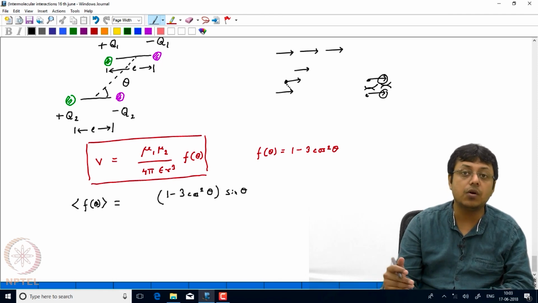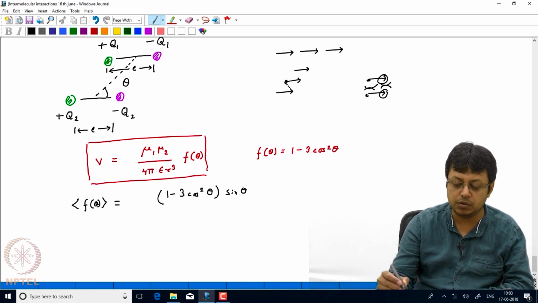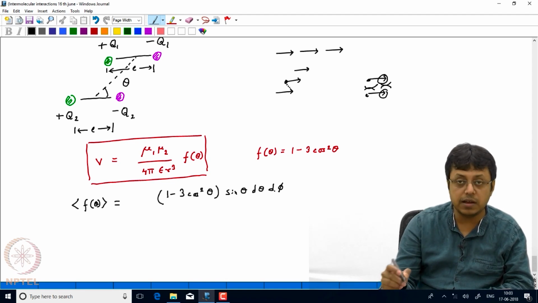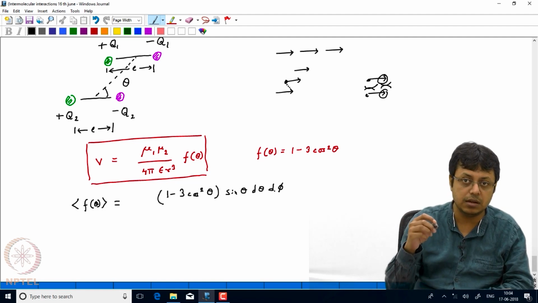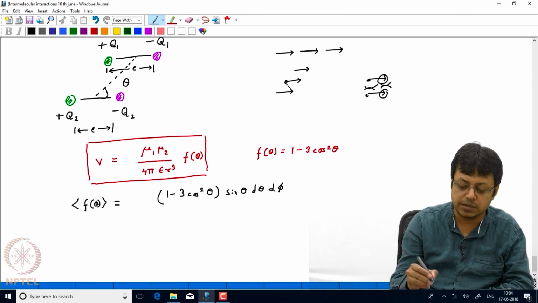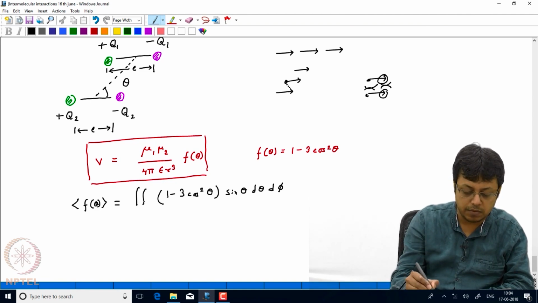But here we are considering only what is the possible orientational averaging between the two dipoles, and then I'll have sin theta d theta d phi, because d phi is the other angle, which is basically the spherical polar angle, but in this case the phi and theta notations have been interchanged. So for our interchanging thing, the theta goes from 0 to 2 pi and phi goes from 0 to